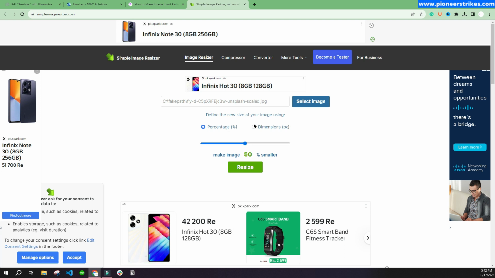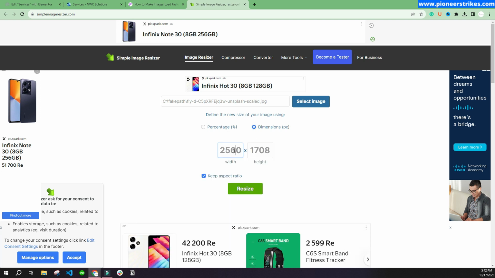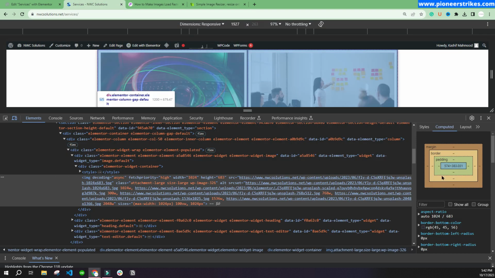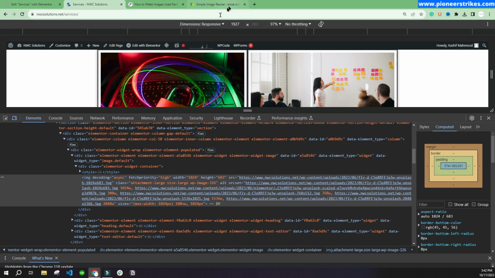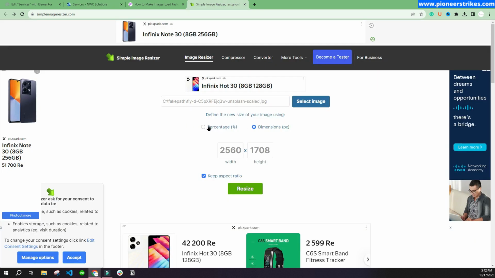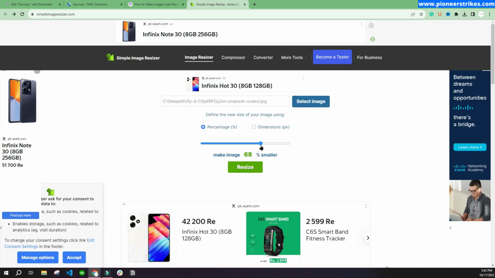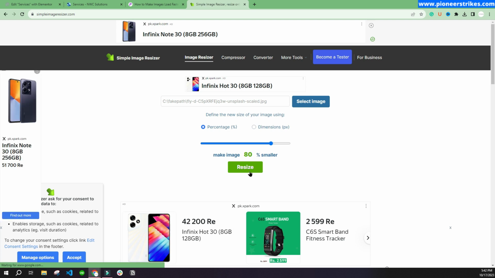You can also select the dimension and enter the dimension yourself, or go to percentage and select 75% smaller or 80% smaller. You can use both of the options. I normally use the percentage option because it's easy to use, and I will just click on resize,